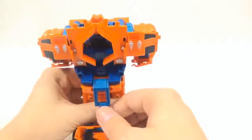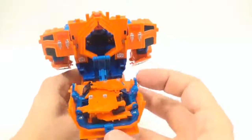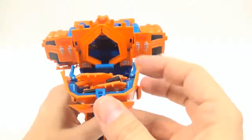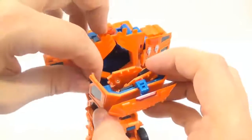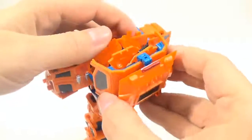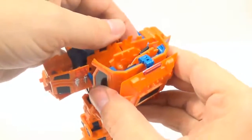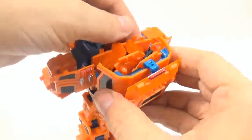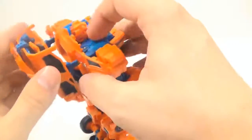That's what it is. Okay, so now you want to take this, you want to flip this up, flip this down, flip this around, and then you take these two pieces right here and tab them into those holes right there. And it sounds easier than it actually is because they have to go in perfectly or they won't go in, they'll just bend. So usually what I'll do is I'll put right in and then